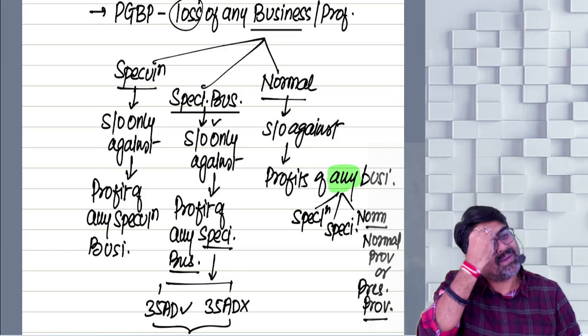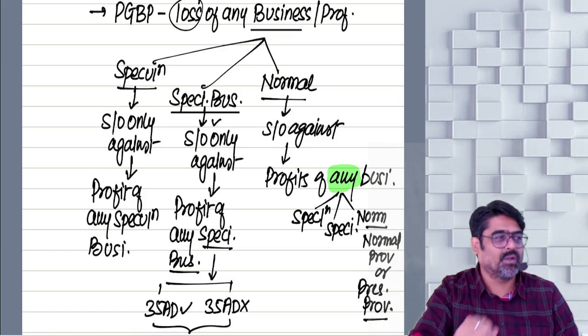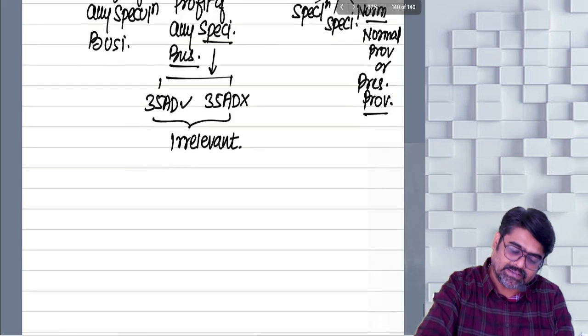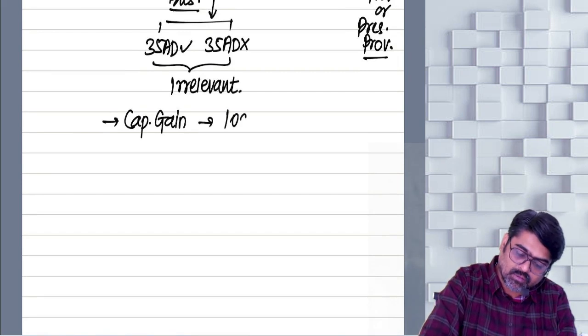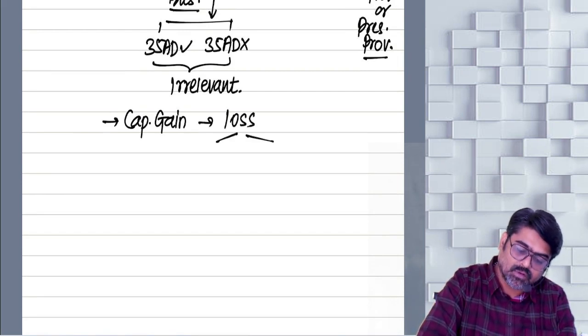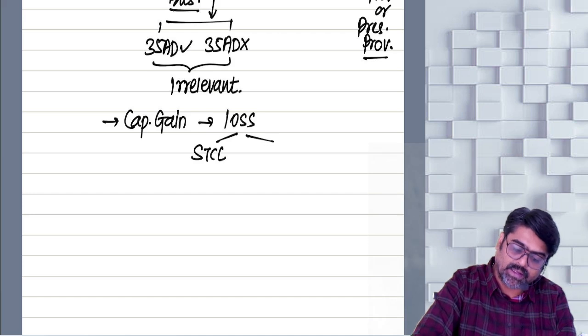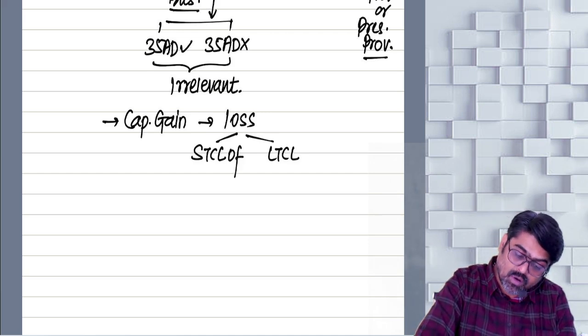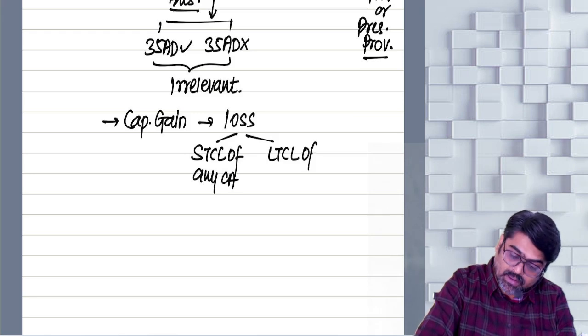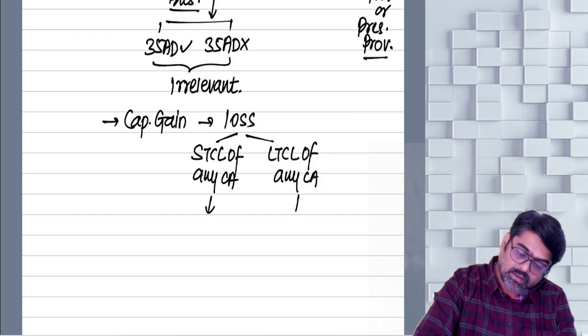Understanding? Now capital gain is very easy. I've already told you. Which is the next head? Come on, tell me. Go to capital gain. Now in the capital gain head, will you have a loss? Which type of loss? Short-term capital loss of any asset? Long-term capital loss of any asset? Wait. Short-term capital loss of any capital asset. Long-term capital loss of any capital asset can be set off